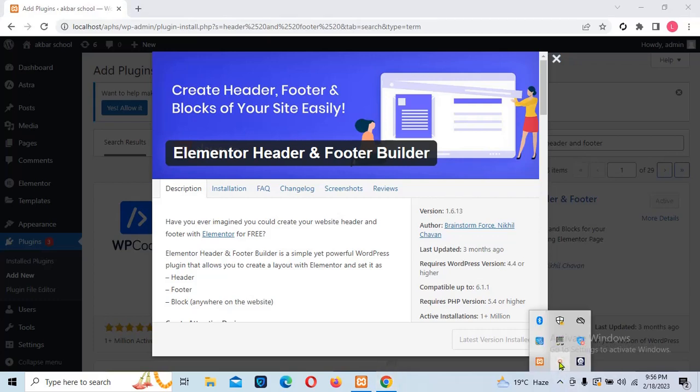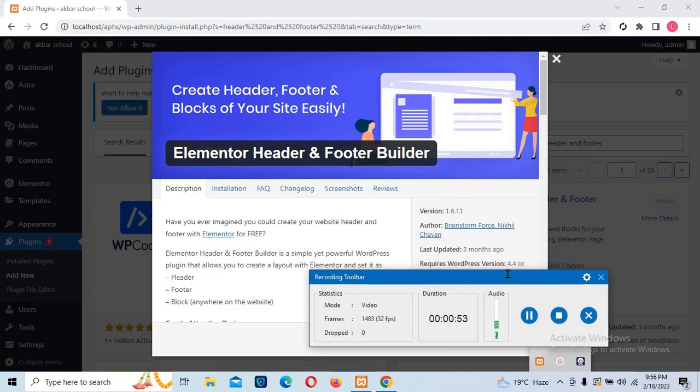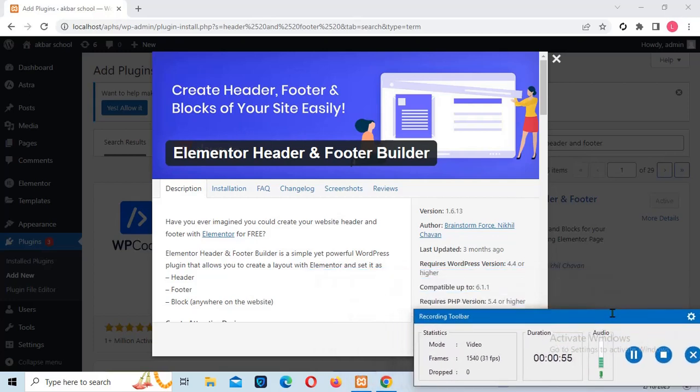So that is much easier, and we have a website. We will easily create a header and footer through the Elementor page builder. Okay, so let's